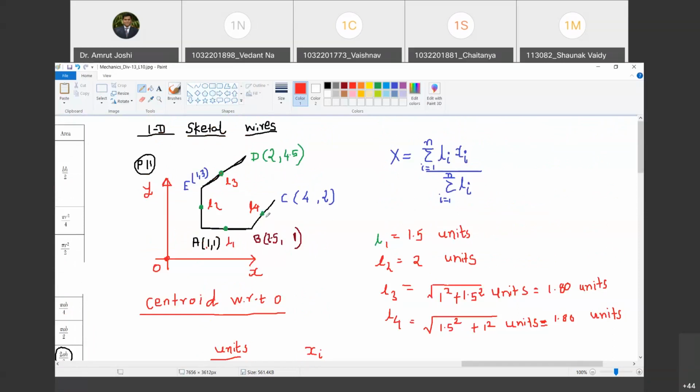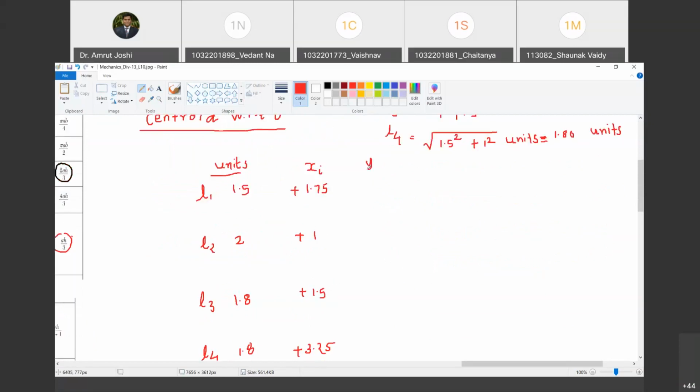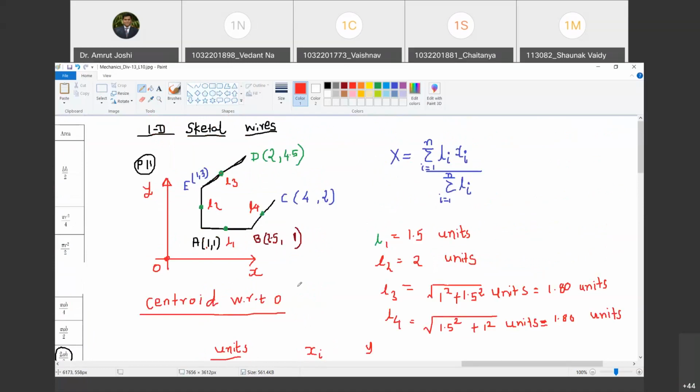चलो अब L4 के बारे में बताओ. 2.5 plus 4 that is 6.5 by 2. Do you agree with me? 3.25. Yes, sir. So plus 3.25. Xi निकला. Actually, y. Sir, हाँ, yes, go ahead. Sir, for L2, the x coordinate will be +2. For L2, the x coordinate will be +2.